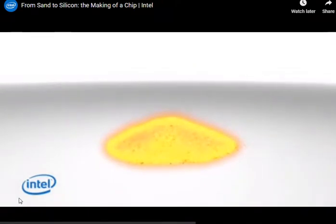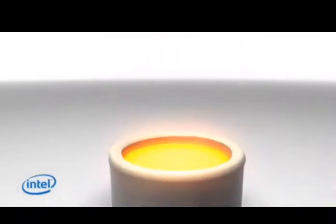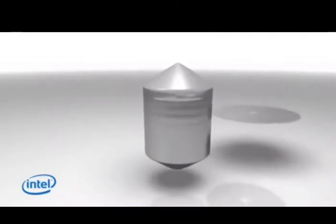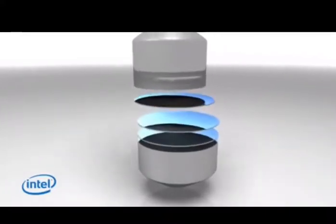You don't have to know the exact process of how these work. I think it's just interesting for you to see how these are made and how complex. Some people have said that the CPU is the most complicated manufacturing process on Earth, and you can see in a moment. So they take the silicon, take a large cylinder of it, slice it up into